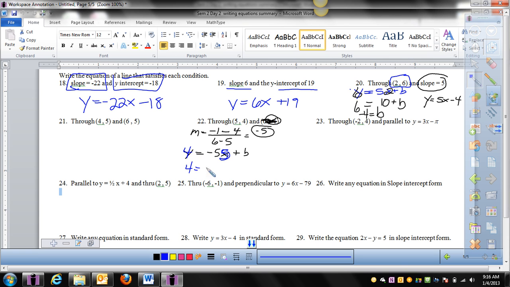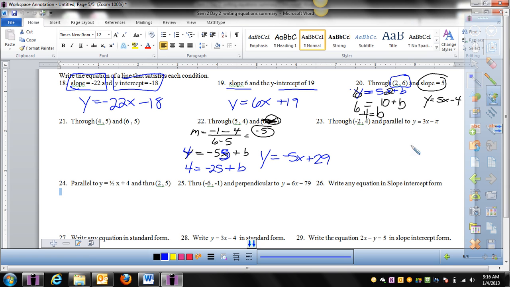Okay, so 4 equals, that's negative 25 plus b. And this is negative, so you do the opposite. You add it over, which would make 29. So my final answer, y equals negative 5x plus 29. And don't be afraid to go back and look at these again or review them, because all of this stuff's going to be on your quiz today. Okay? Last but not least,